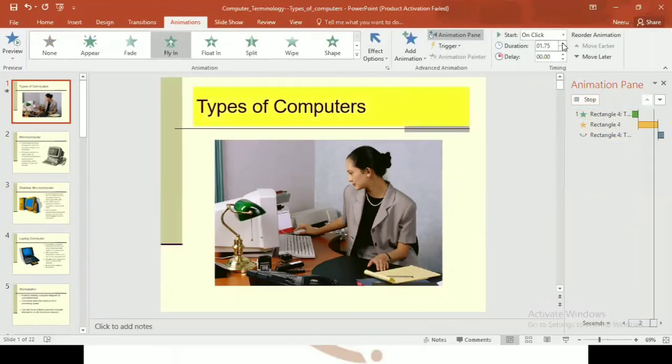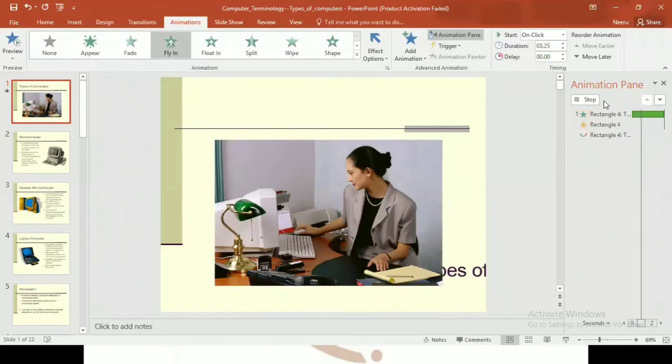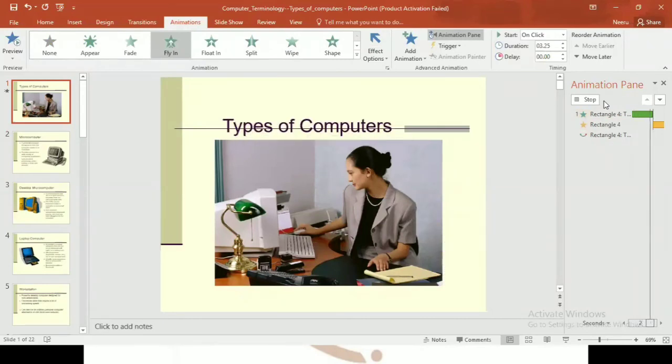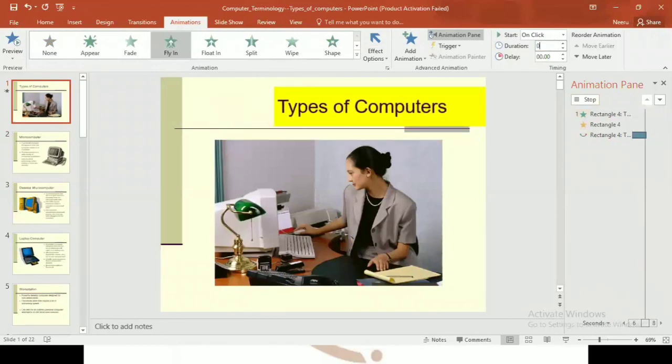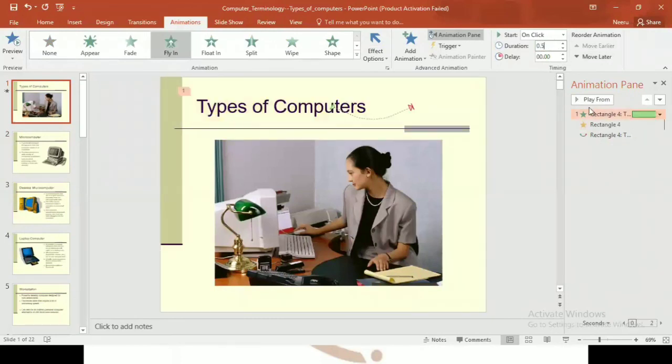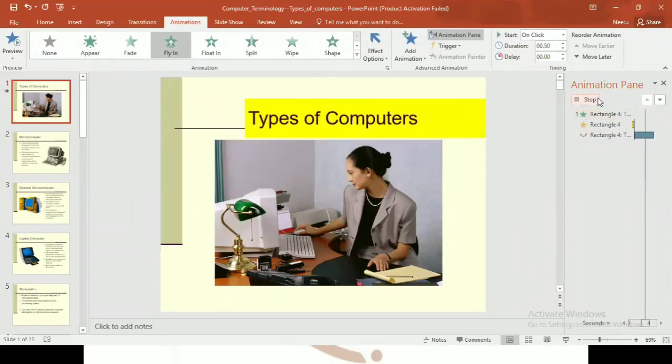If you are increasing the duration, when you are playing, slowly it is coming. When I am decreasing it, like I'm giving only 0.5, and now I am playing it, fast it will come. So it depends upon you.